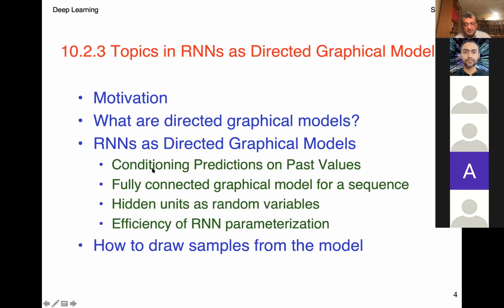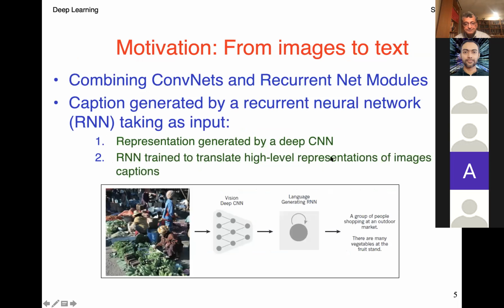So what are the conditional probabilities? Conditioning predictions on past values and a fully connected graphical model for a sequence. Hidden units as random variables. And efficiency of RNN parameterization. How to draw samples from the model. Now that becomes interesting because sampling is an important topic in deep learning, and generative models do that. So this is being motivated here